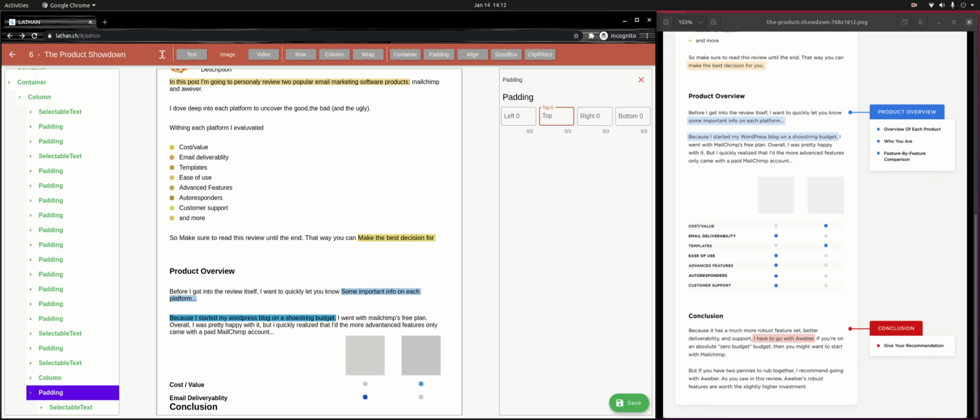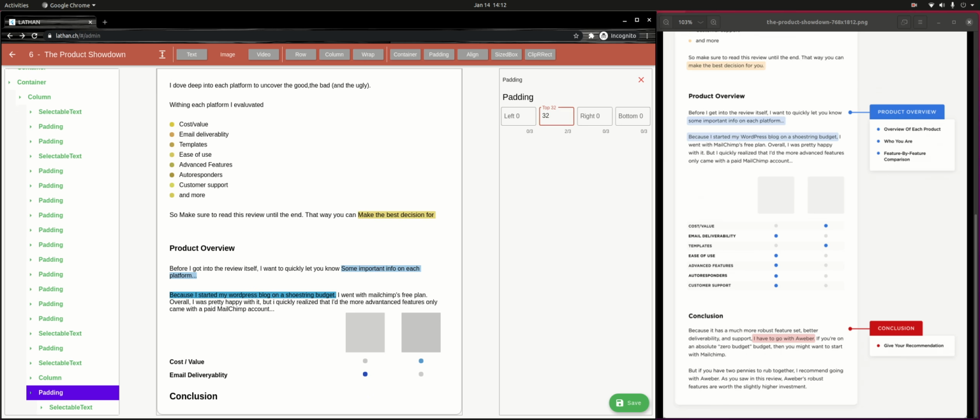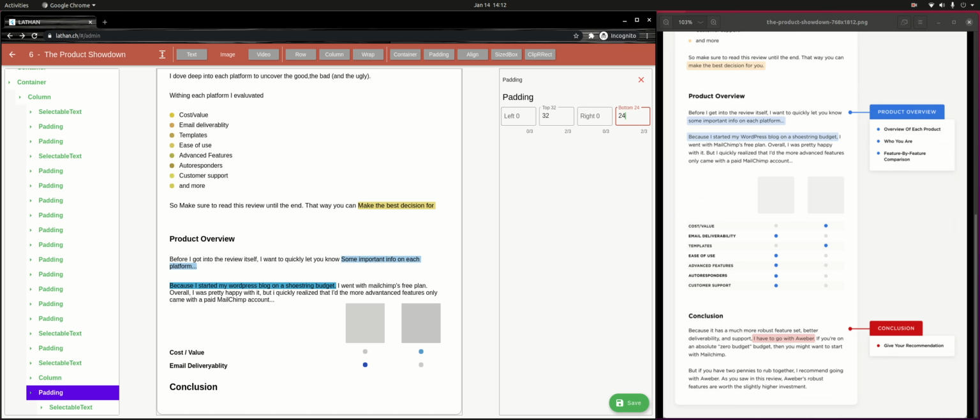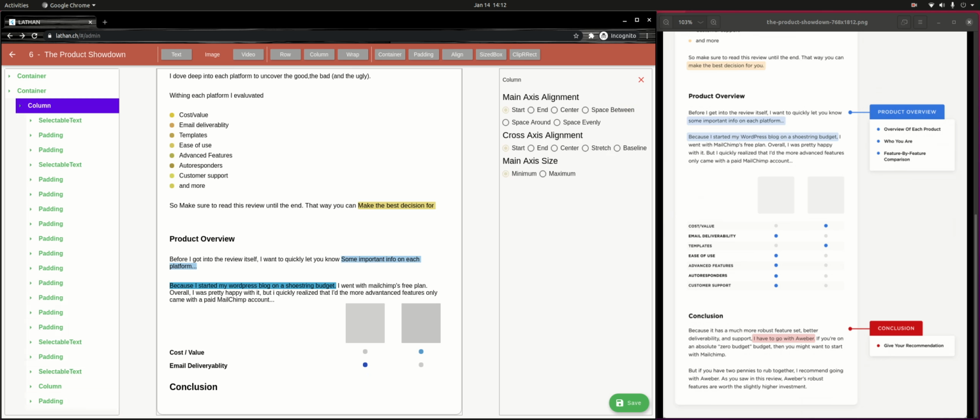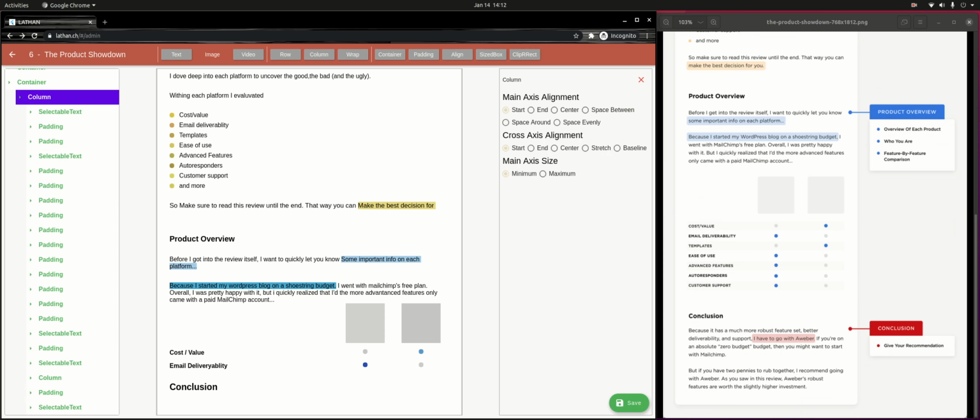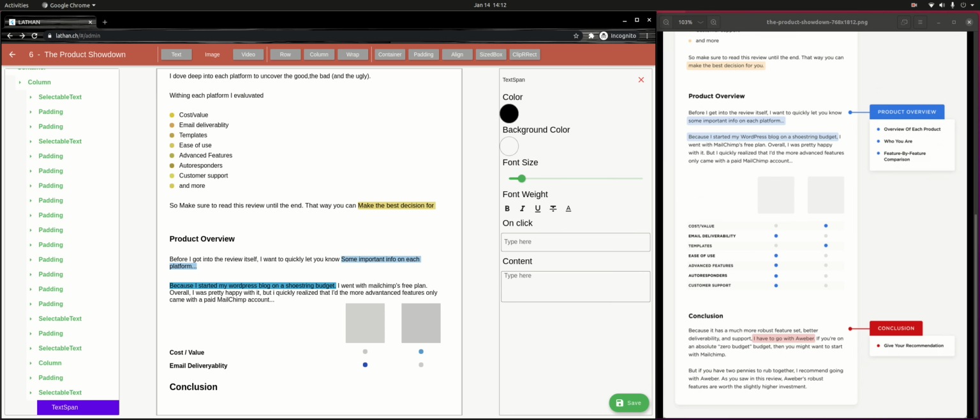On top side we have 16 and not 32. Okay, and bottom 32, no, okay, 24 pixels. Okay, that's fine. Select the column, put our final text here, and select the text, and the text should be